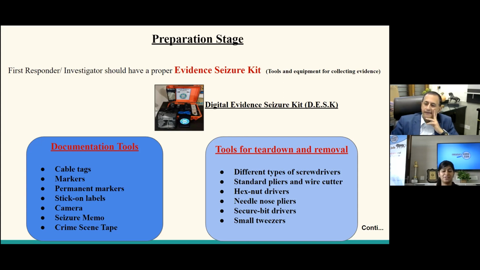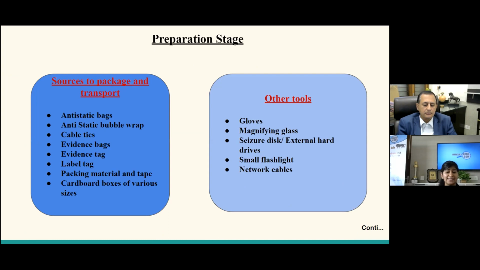For that, we need some teardown and removal tools, which include screwdrivers of different kinds, pliers, tweezers, all these things. Moving forward, the next thing required is the items for packaging and transportation of evidence. For packaging, first responders should carry anti-static bags, cable ties, anti-static bubble wrap, evidence bags, and tags for tagging and labeling. For packing, a separate bag or separate container should be used for seizing